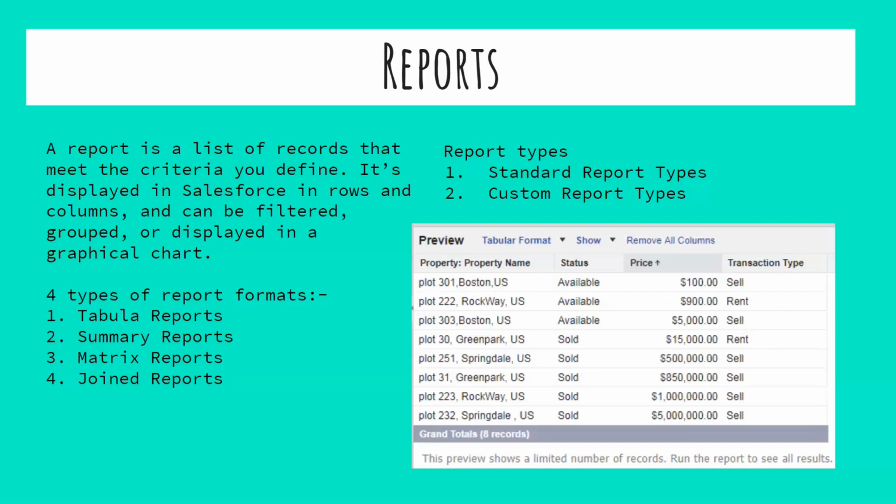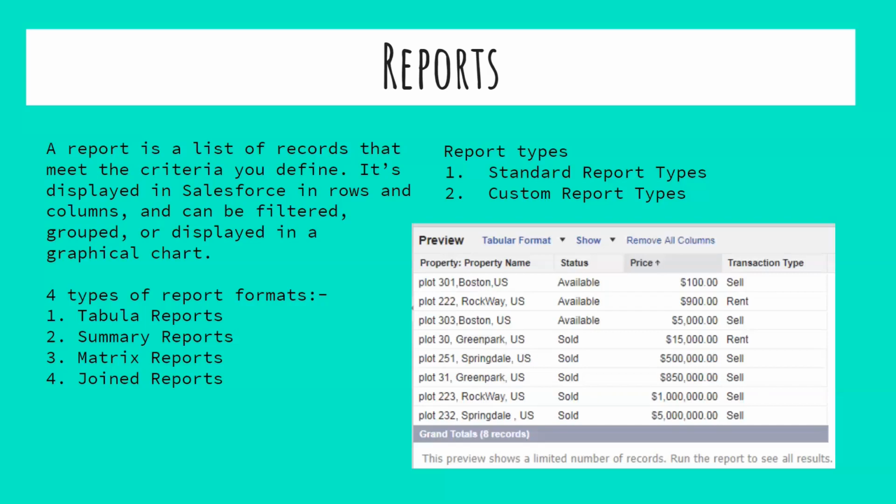So let's talk about what different formats of reports Salesforce provides us. There are four types of formats. First one is a tabular report. It is a simple listing of data without any subtotal. This type of report provides you the most basic way to look at your data. Use a tabular report when you want a simple list of items with a grand total. For example, this type of report is used to list all the accounts, list of contacts and list of opportunities. So we use a tabular report in that scenario.